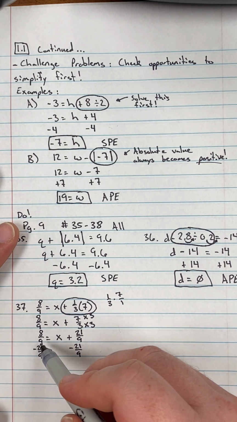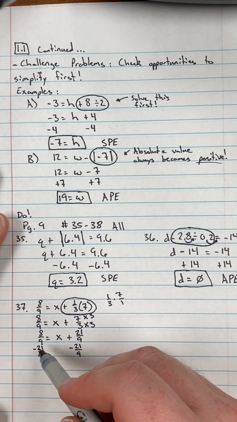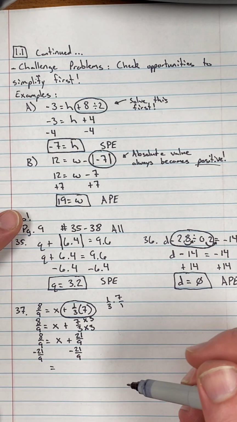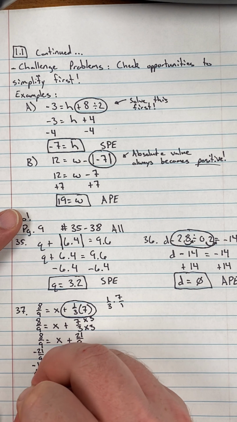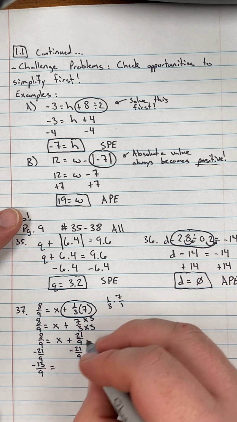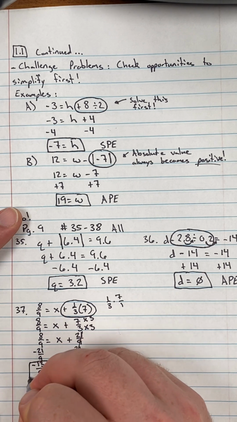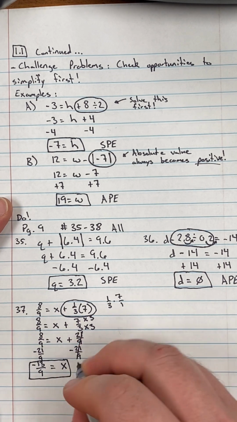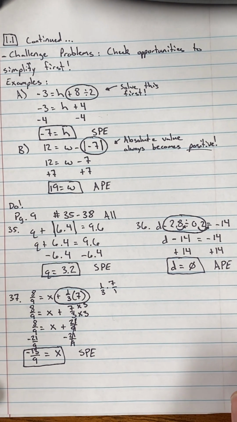We're subtracting a bigger number from a smaller number, so this is going to make a negative answer, but they're going to fight each other, so they're going to basically take away from each other, so we can subtract these two numbers basically. So 21 minus 8 is 13, but the negative number wins the battle because it's bigger, so negative 13 over 9. These two get canceled, and I'm left with x. And so here, ask the question, what did I use? Well, I subtracted from both sides, right? So this is SP, subtraction property. Okay, and then final